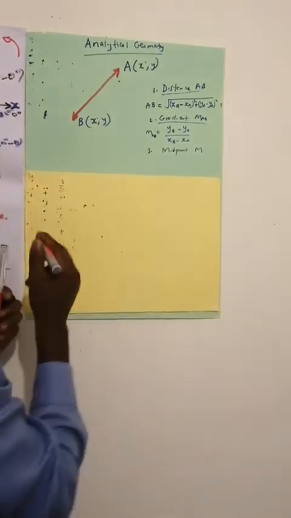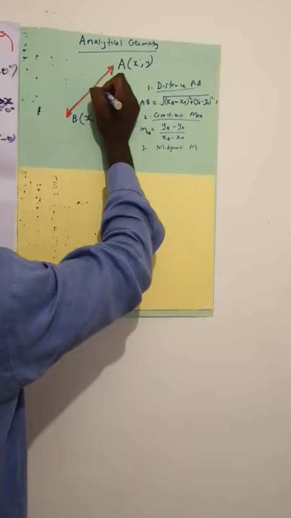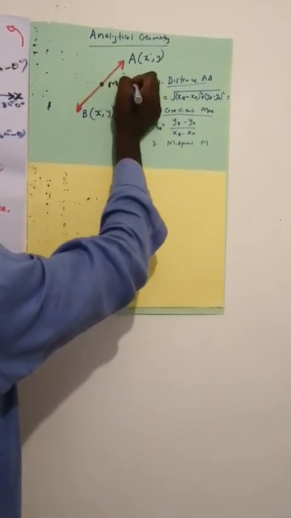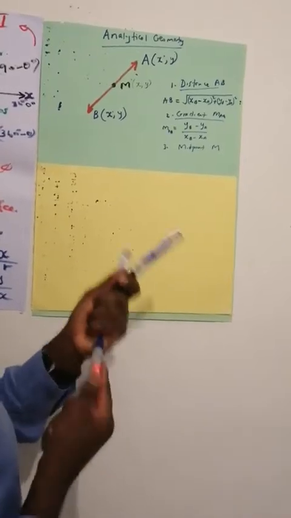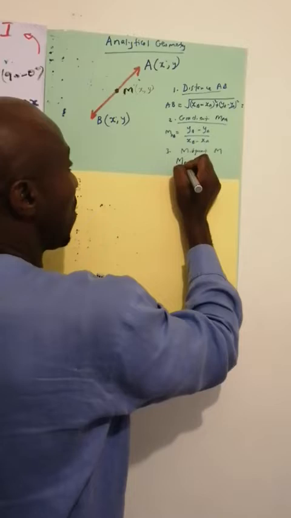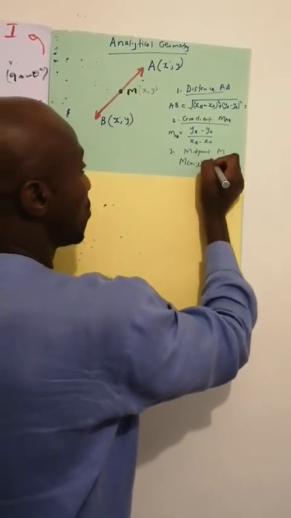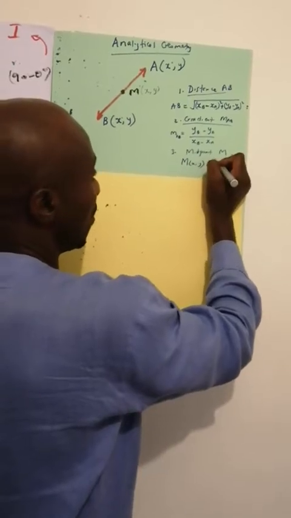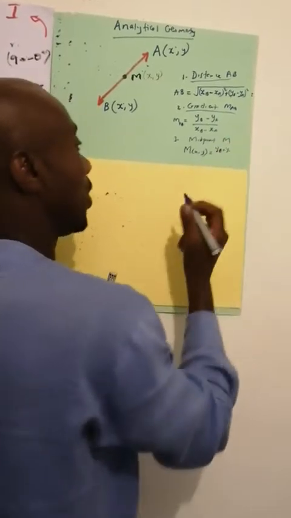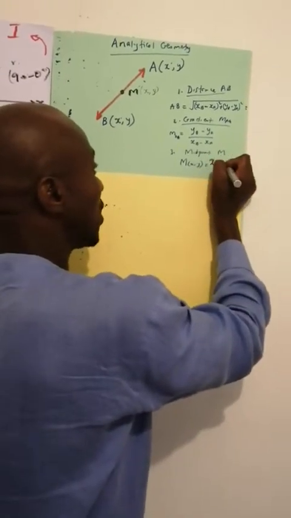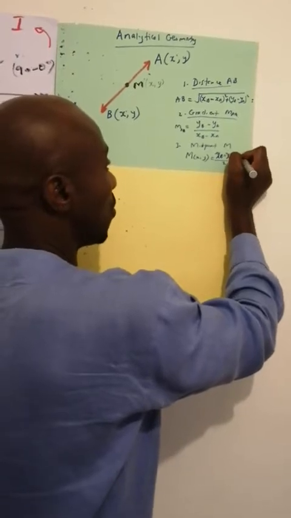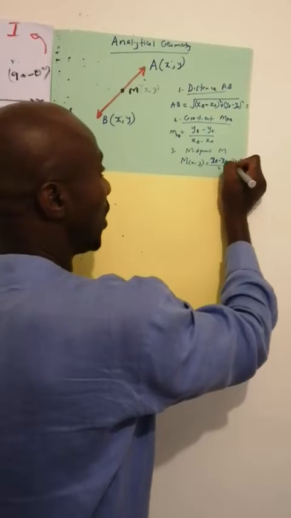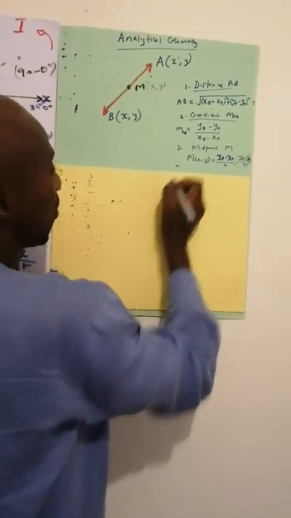M. Let's say there is a point here for the midpoint. The midpoint has coordinates X and Y. So how do you calculate the midpoint? The midpoint X and Y is equal to, start with X, XB plus XA over 2, and for Y, YB plus YA over 2. And then the fourth one will be